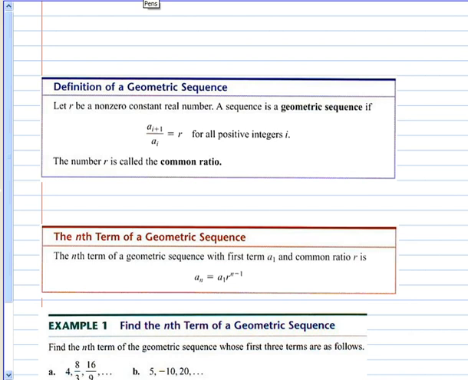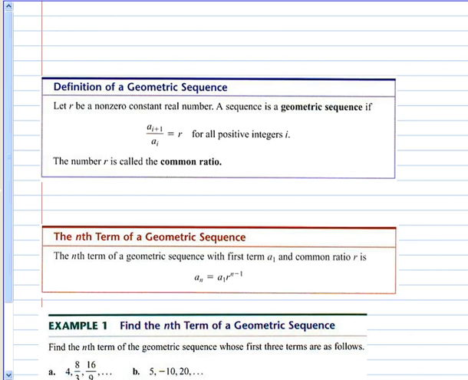Algebra, Chapter 8, Section 3. We are going to be looking at a second kind of sequence. In the last section, you looked at arithmetic sequences where we were adding the same thing each time to get our next value, and that was called the common difference. Well, we are going to be looking at what are called geometric sequences where we are multiplying by the same